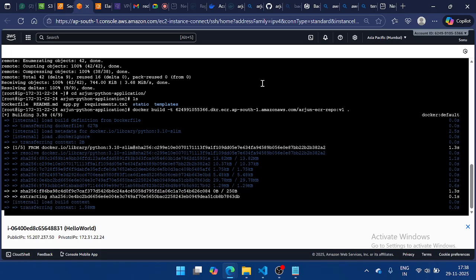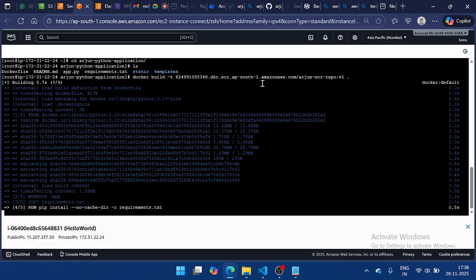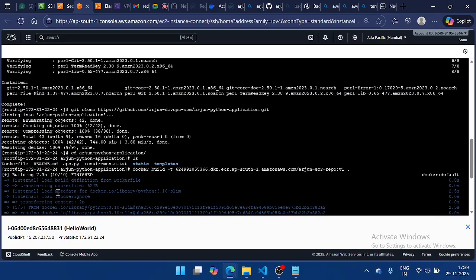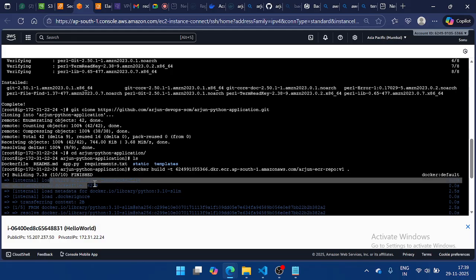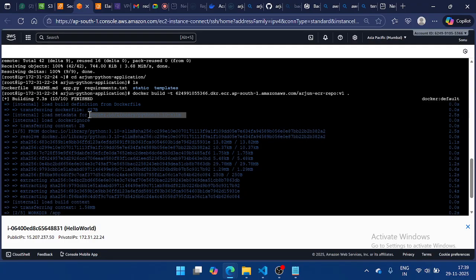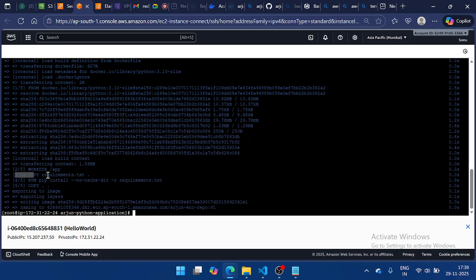Now the images are getting built, creating, building. Pulling also pulls an image, but that image is pulled from the base image inside the Dockerfile. This base image will be pulled from the public Docker Hub. After that, it will copy the required files and install the required things, pip install, and now it has created the image. Now, if you give docker images,